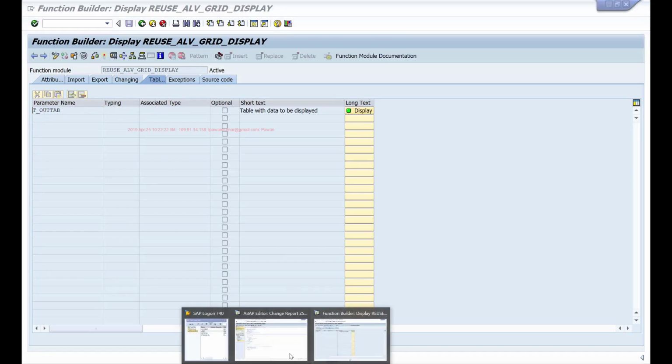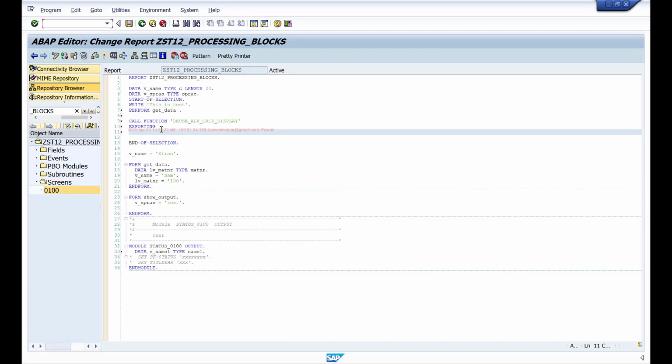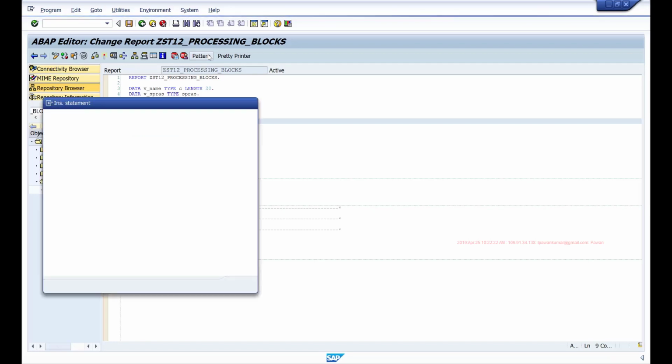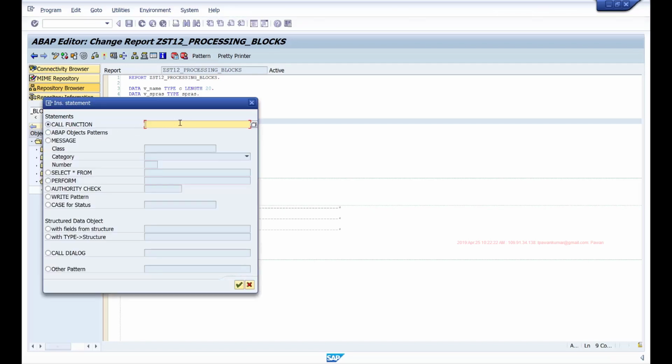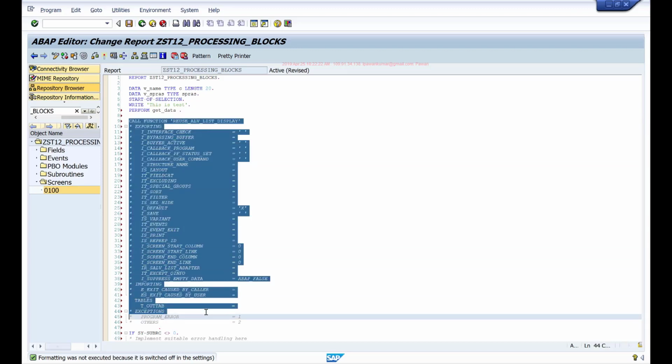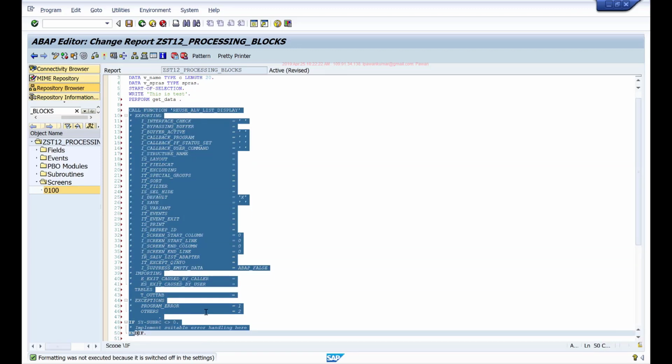So there is a better way to call these function modules, because it's difficult to remember all those parameter names and type them manually. Instead of writing this code like this, if I simply use this pattern button and select call function and give the function module name and click on this, then it will pre-fill the parameters for me. So all I need to do is map my program parameters to the function module parameters. So we'll talk about these function modules in detail later. So at that time you'll have a better idea.